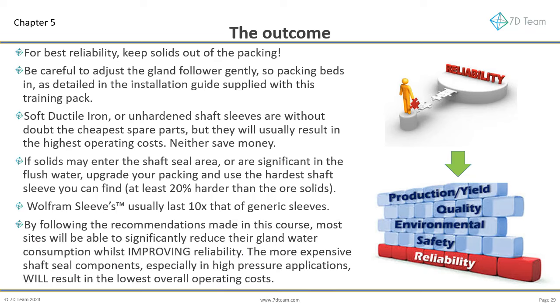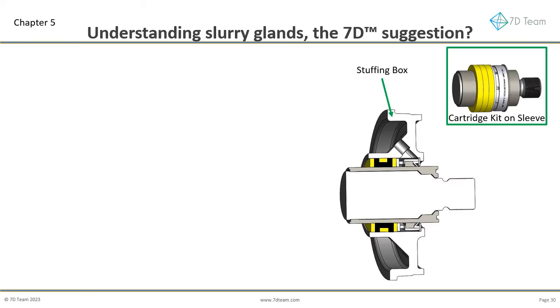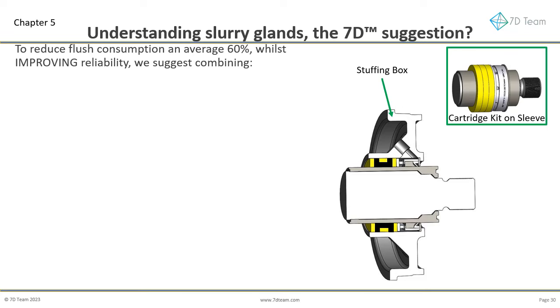By following the recommendations made in this course, most sites will be able to significantly reduce their gland water consumption whilst improving reliability. The more expensive shaft seal components, especially in high-pressure applications, will result in the lowest overall operating costs. Having completed an extensive research and development program on various shaft seal configurations, what is 7D's suggested solution? To reduce flush consumption by an average 60%, whilst improving reliability, we suggest combining our gland guard kit, which contains a